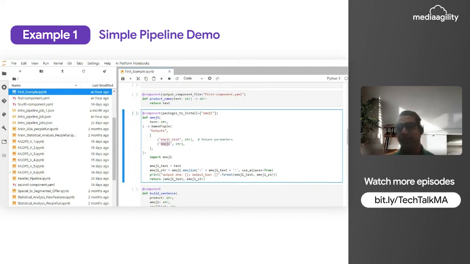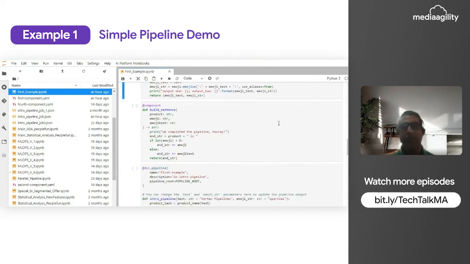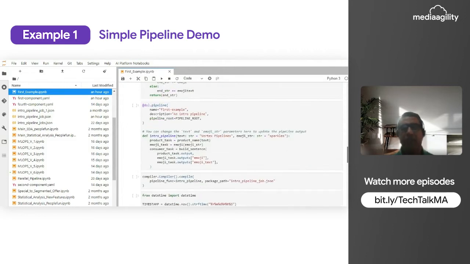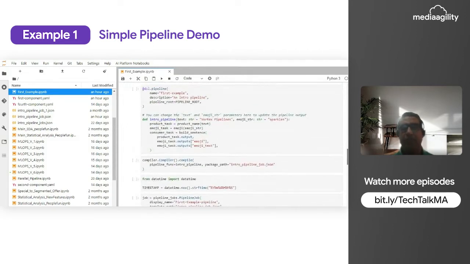Now there is a third component, which is the build sentence. It will consume the input of both the custom components and provide the resultant string as an output. So now by making use of these components, we need to create a pipeline.